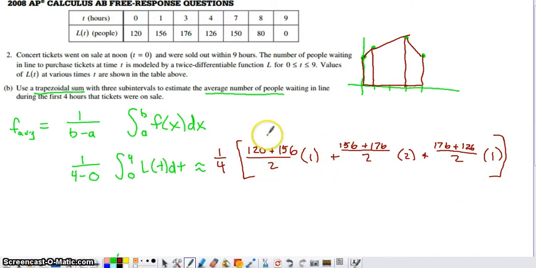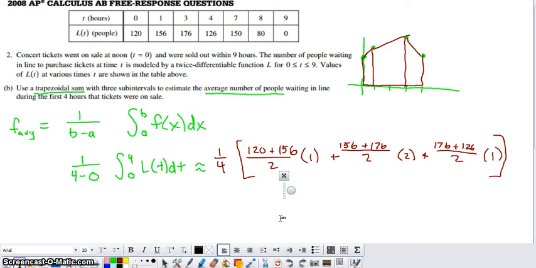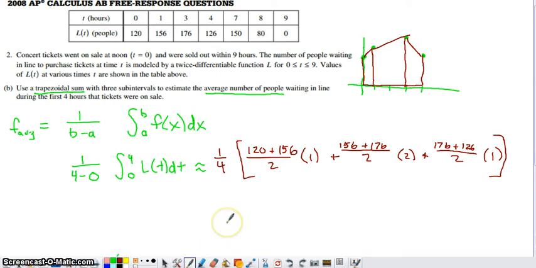So we estimate the value of the integral with this, we multiply it by 1/4, and we get our result. And so that result should end up being 155.25. So I just took a break from the video there to try and toss that into the calculator, and I got